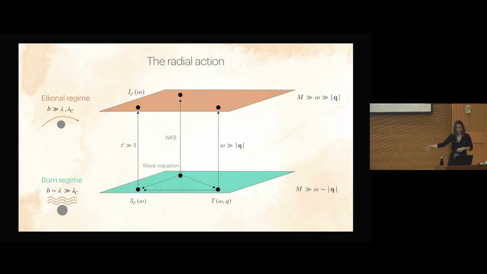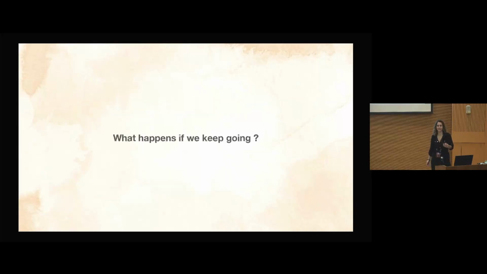Okay, so this is the picture we have in mind. There's an amplitude, which is a Born series, and then there's this full all-order GR solution that lives in partial wave space. And I guess we can call this the eikonal hedron. But okay, anyways. So let's say the discussion so far has been at one loop. So what happens if we keep going?